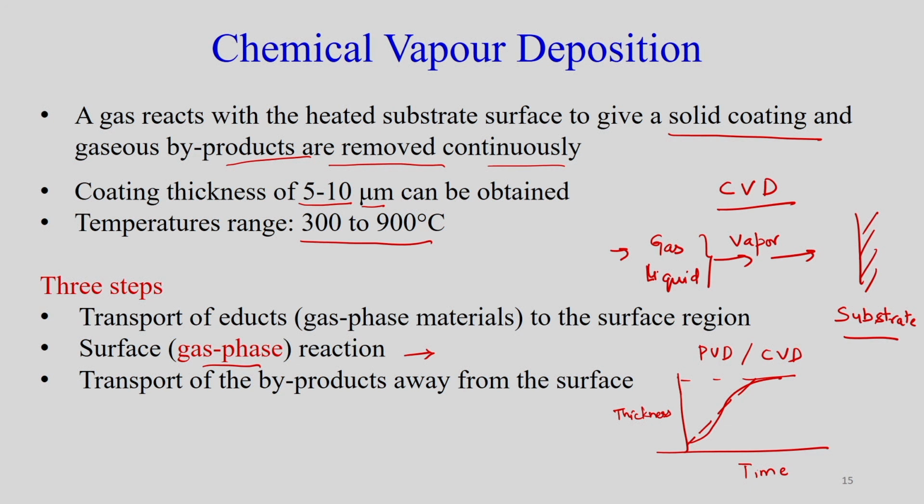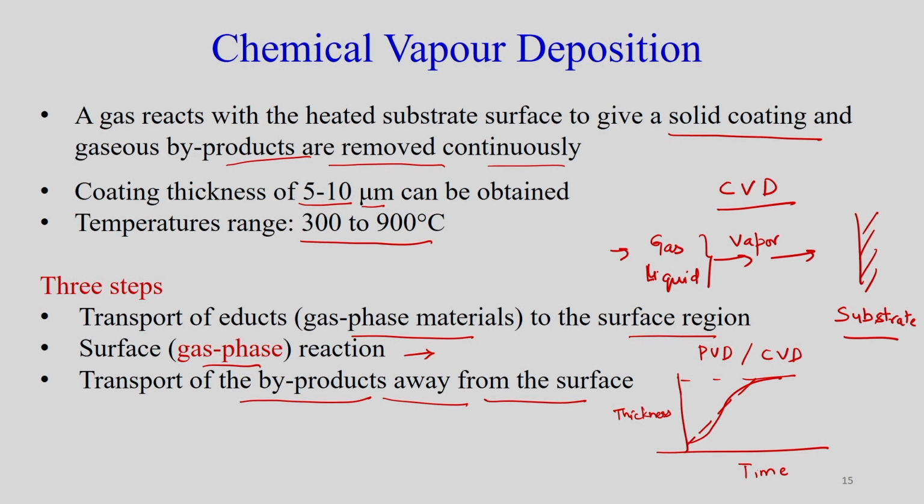During CVD, the first step is to transport the gas phase material to the surface region, then there will be the surface reaction, and along with this reaction, whatever byproduct is there because of the gas phase reaction needs to be removed continuously from the surface,